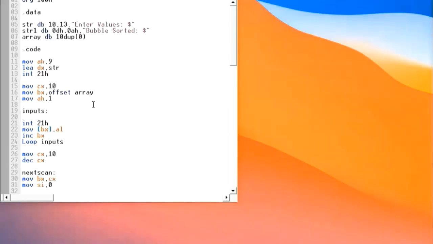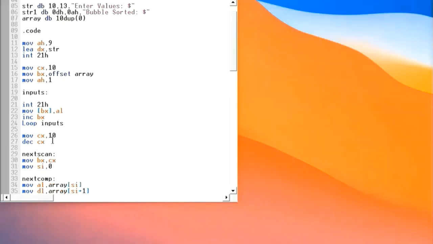After that we have stored one value in ah, to stop taking input from the user, that is text mode, which is turned off after the completion of the loop. So ahead we are using a loop, inputs, for taking input from standard input which the user gave. So for that loop we have initialized a few registers.